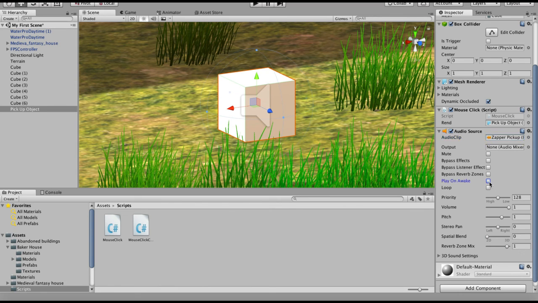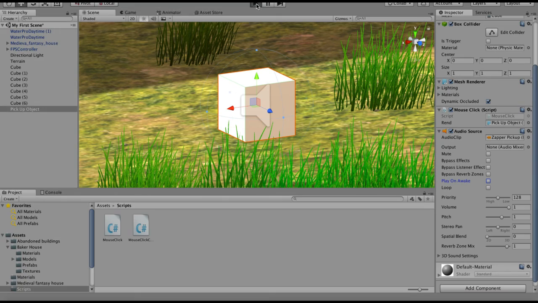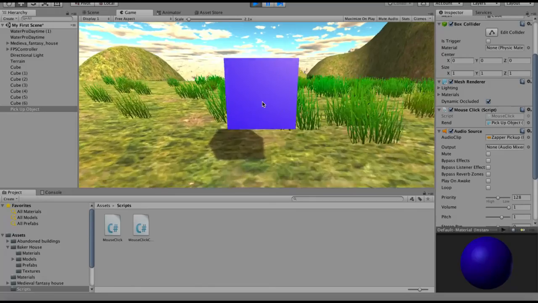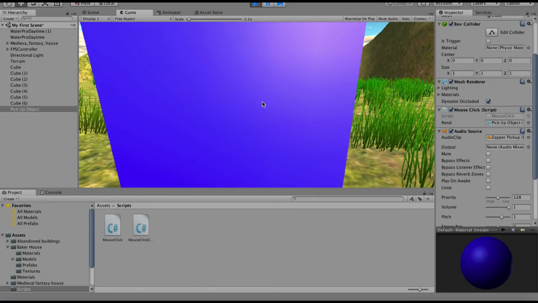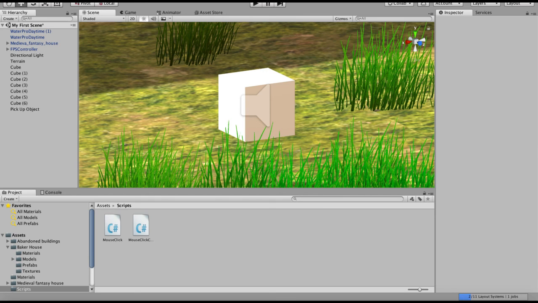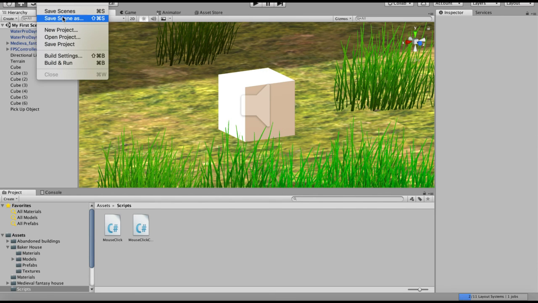Next, it's important to remember to uncheck Play on Awake, because Awake is when the game starts, and if we don't uncheck that, every time we start the game, we'll hear our sound effect no matter what. But now, if we walk up and click on our object, it should play the sound effect and disappear immediately after. Remember to save your work along the way, and check the comments in